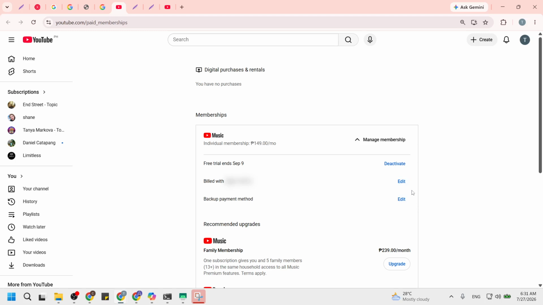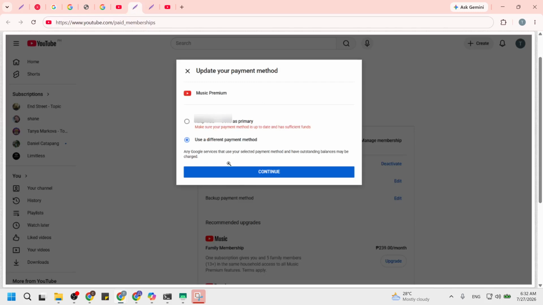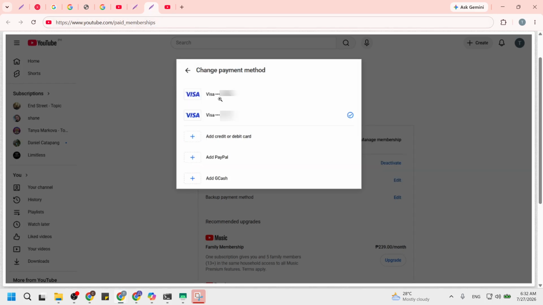At this point, you are ready to point YouTube Music at the correct card. Click Change Payment Method and select your newly added card to ensure future billing cycles use it. After you select it, the page refreshes and you should see the new payment method listed under your YouTube Music Premium subscriptions. The change takes effect for the next charge, so your upcoming renewal will use this new card or PayPal account. You have now successfully updated your YouTube Music payment method through your Google account, keeping your subscription ready for future renewals.